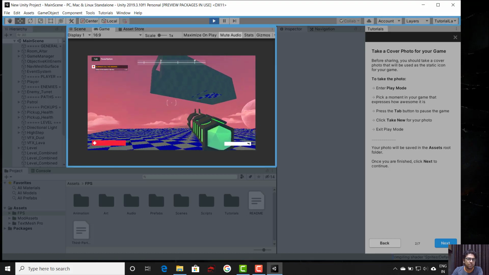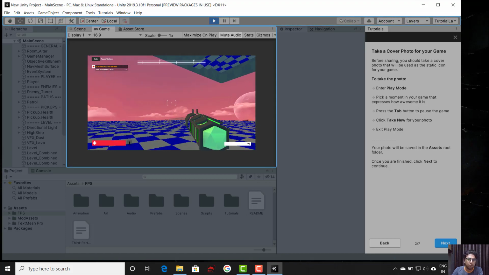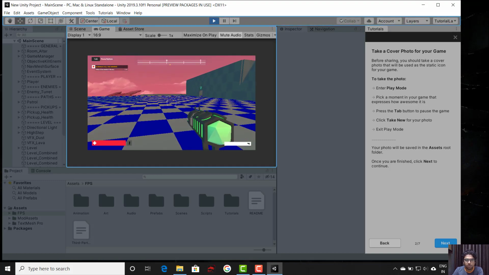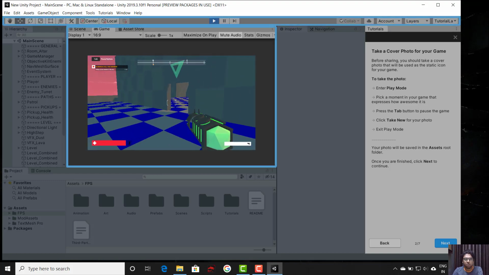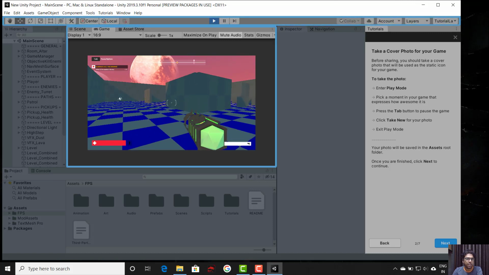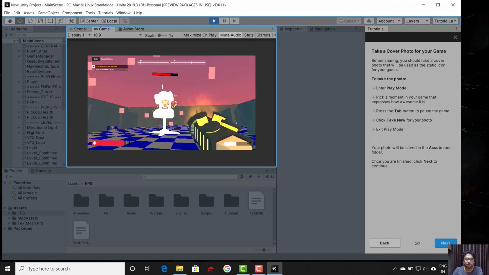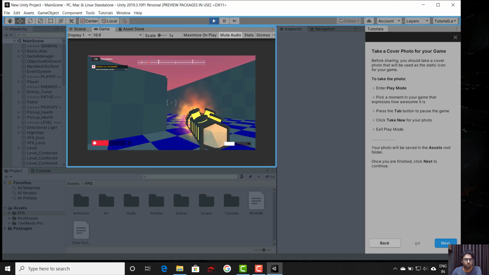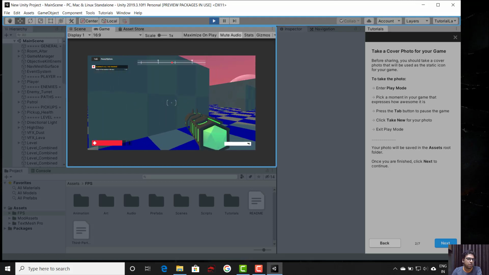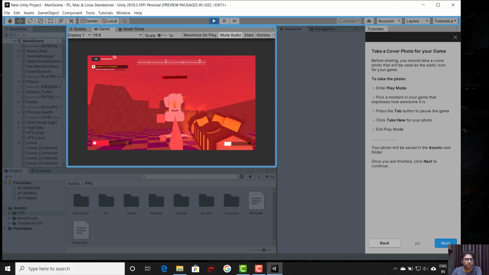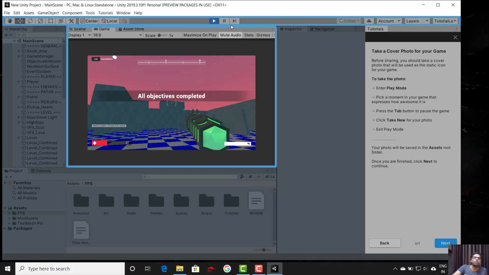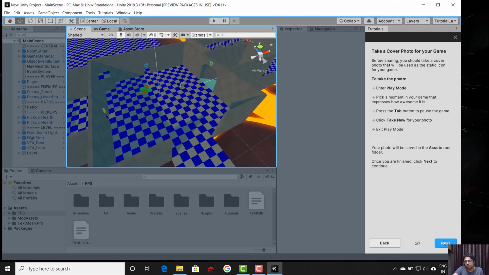Yeah, see, this is the room we have added, but obviously it doesn't match with the ground, but this is the room that we have added. So we can further go on and play that game. So my health is down. Right now I have turned off the sound, but you can unmute that. So it's muted right now. Okay, so this is how it works.